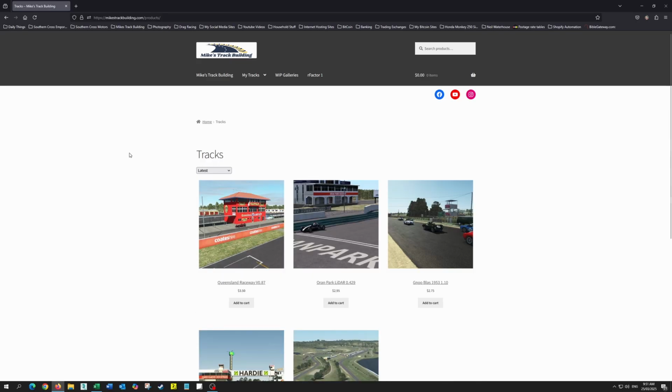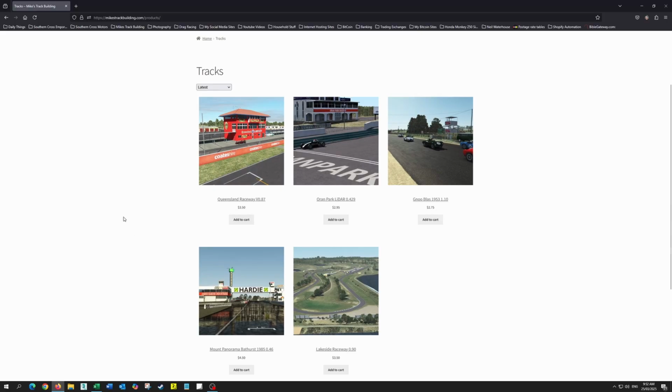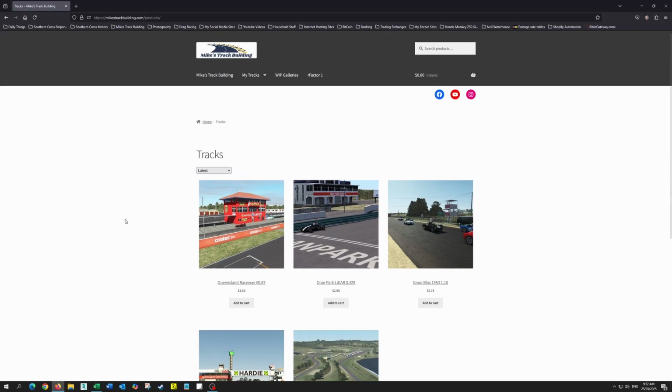There's thousands and thousands of hours in this, and unfortunately I've had some of my tracks just taken apart and parts taken out of them. So I thought, well, I'm going to put them all on here and put them up for sale, and hopefully I'll get enough people coming in who really want the tracks and will pay for them and get updates and everything for free, and also a depository of many mods and old files and stuff that's hard to find over the